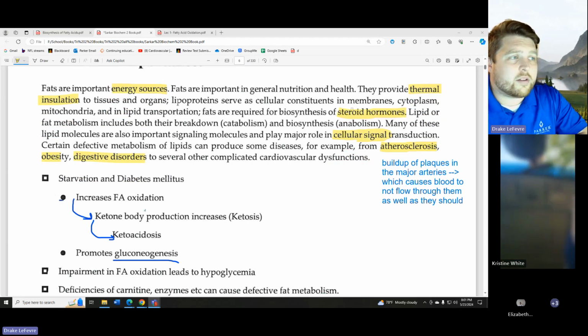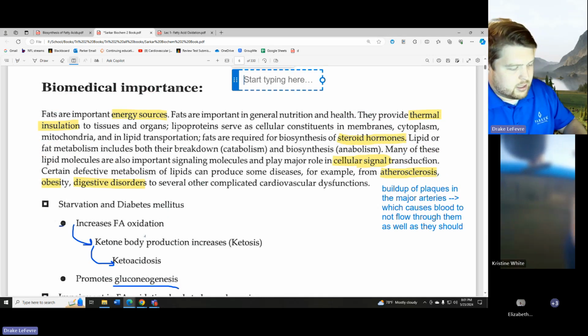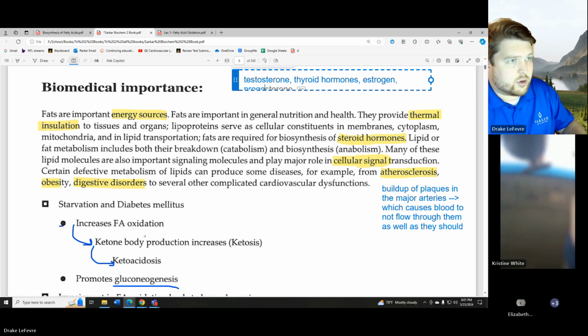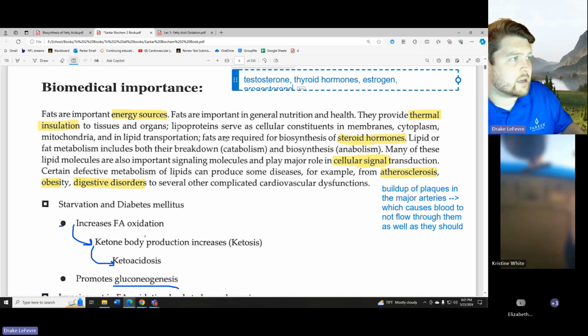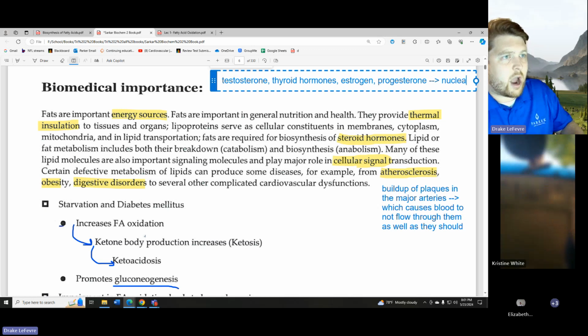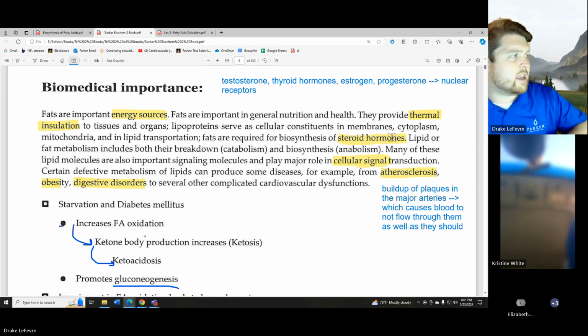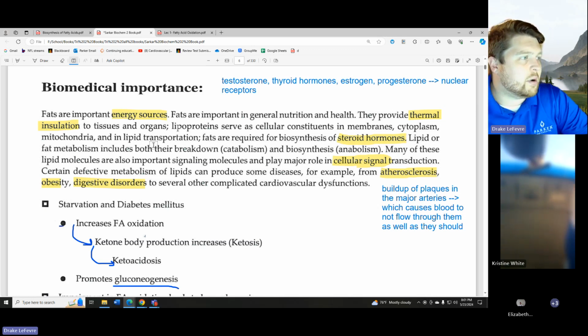Okay. They're required for the steroid hormones. Remember some of those main steroid hormones that we talked about, the testosterone, some of the thyroid hormones, estrogen, progesterone, all of those guys. Remember these guys, this sometimes comes back. Remember that those are our nuclear, they bind to nuclear receptors inside of the nucleus. So lipid or fat metabolism includes both their breakdown, the catabolism, or the biosynthesis, anabolism of